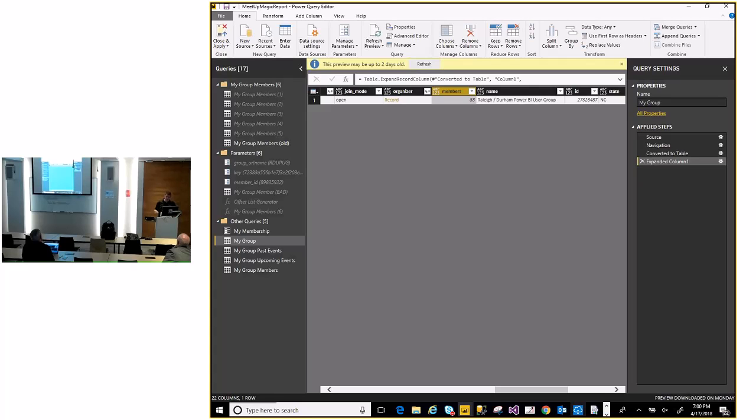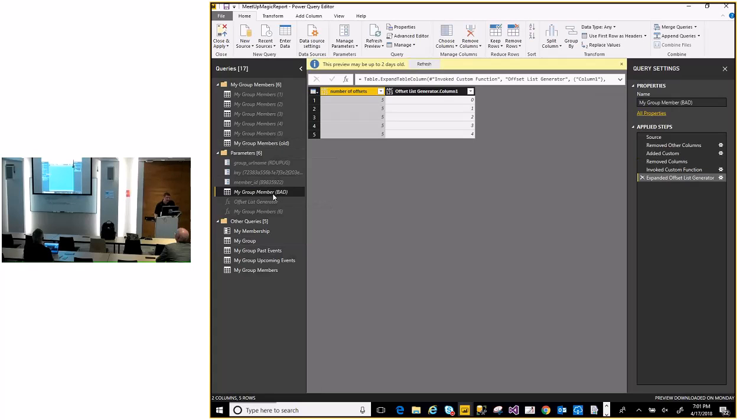Where I have failed, and I can't explain this to you guys yet, but I will plow through this, is actually taking a dynamic number at the data load time that at this point is less than 1, but it could be upwards of 3 or 4 different calls I might need to make. Taking that dynamic number off of this data set and then taking it to the next step and iterating over multiple requests in subsequent API calls. So from group, I take 88, and let me show you this other method that I had explored.